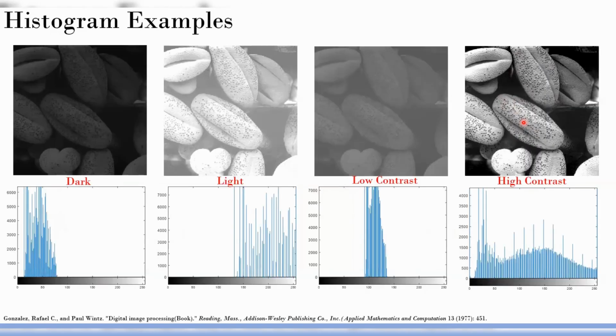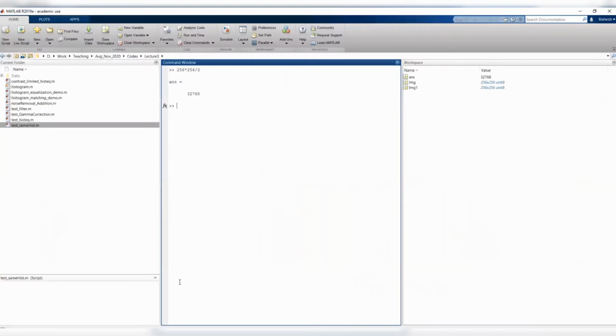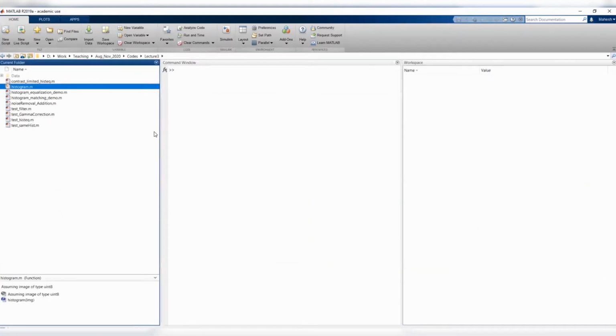So before going to the next operation, I want to again introduce you to some concepts by using MATLAB. So I'm going back to MATLAB. I have a lot of good images for you, so let me see some of them. I'll try to put some of the good images for you. And I'm having a function of my own, so I'll just introduce you to that function. MATLAB has a built-in function for histogram.